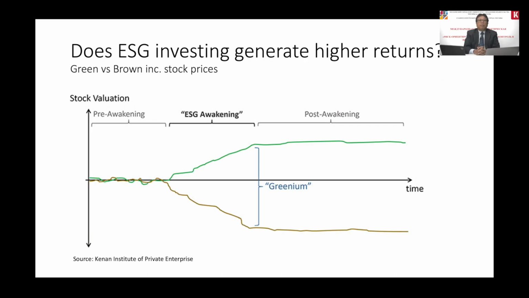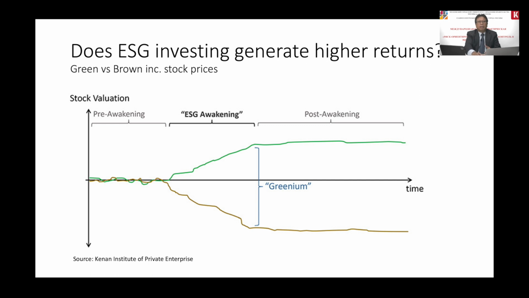Then, we move to the next slide, where we start with the question whether ESG investing generates high return. Well, let's look at this slide. Right after ESG awakening, investors were willing to put a premium on green factors in their investment decision making. It keeps rising, and we call it the greenium, which becomes even higher, bigger, to reflect the gap between brown asset